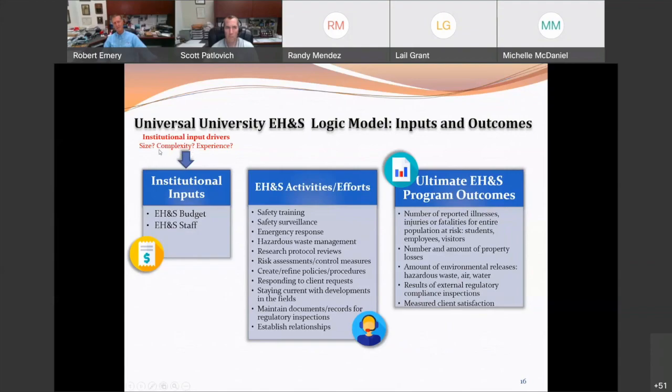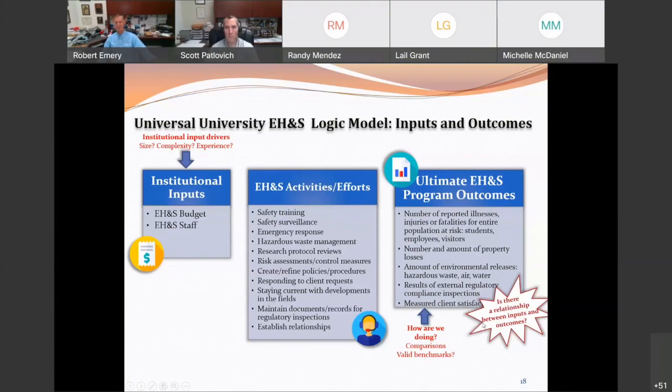I'll get into complexity here in a second, but that's really the subset of that square footage that's assigned as research laboratory square footage. I'll explain what I mean by that. And then experience: if a certain area or institution experiences something bad, that may influence the amount of inputs put into an organization, but that ranks lower than these other major drivers. Now over here, what your bosses are doing and my boss is doing is comparisons. How are we doing with regard to these ultimate outcomes amongst our peers, and what are valid benchmarks? That's happening all the time.